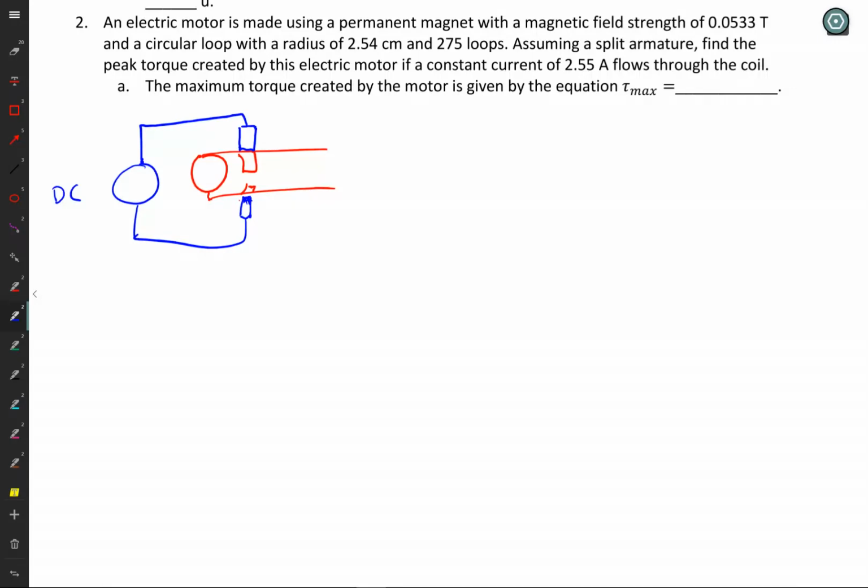Okay, so assuming a split armature, find the peak torque created by this electric motor if a consistent current of 2.55 amps flows through the coil. Now, what we learned when we talked about this in class was we have the loop here, and we have a magnetic field, and the torque we have through that loop turned out to be